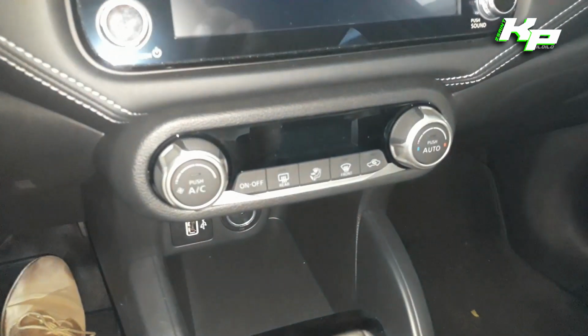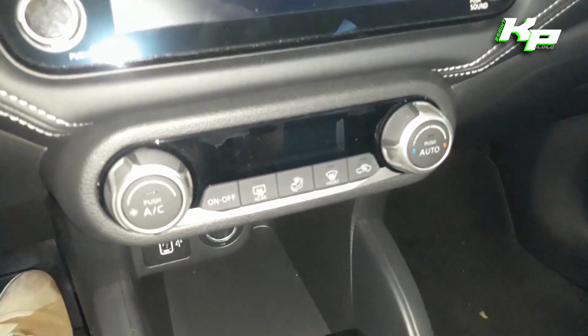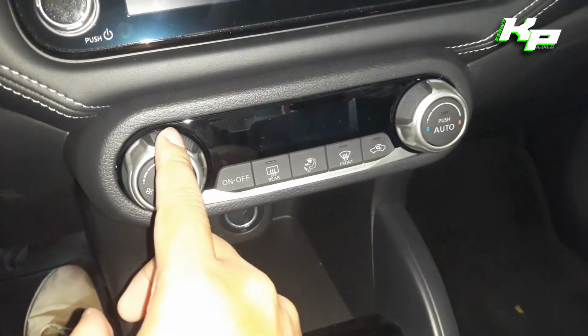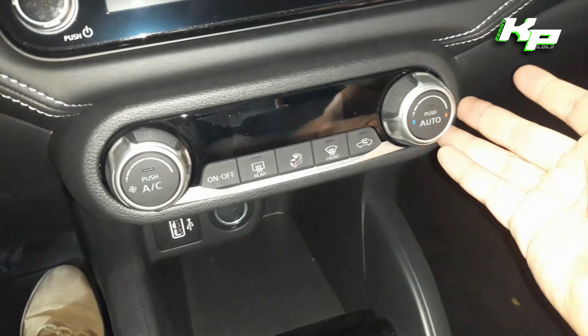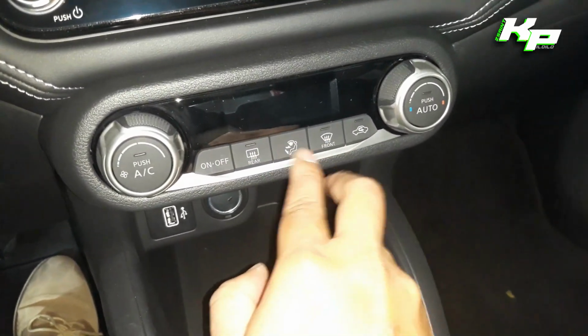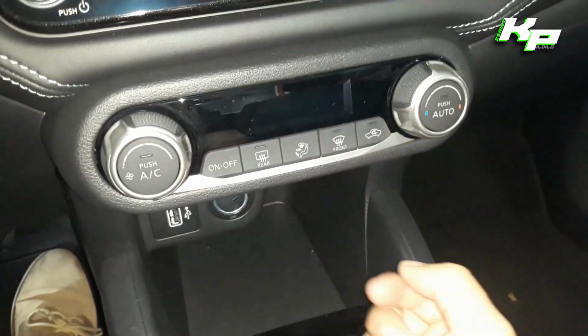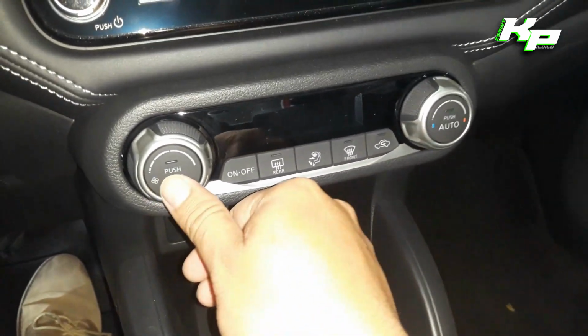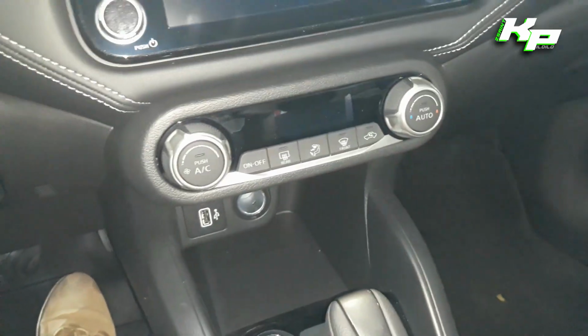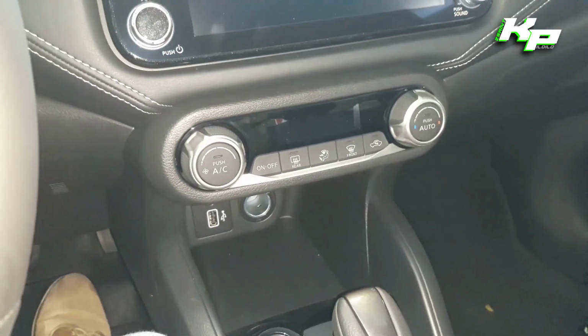You have your single zone automatic climate control system with all of your controls located right here, which is quite simple to use. Fan speed, temperature, on and off button, rear defrost, front defrost, different modes, and this is your recirculation. Push this button for your AC. Push this button right here to activate the automatic feature for this